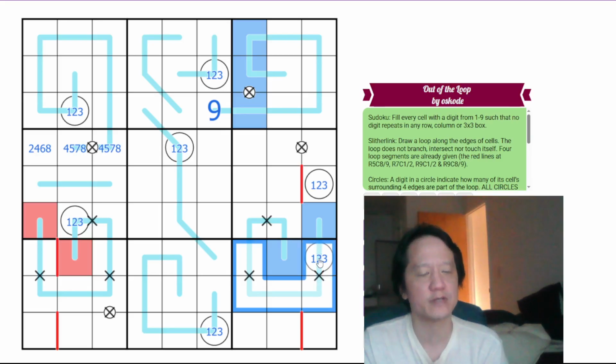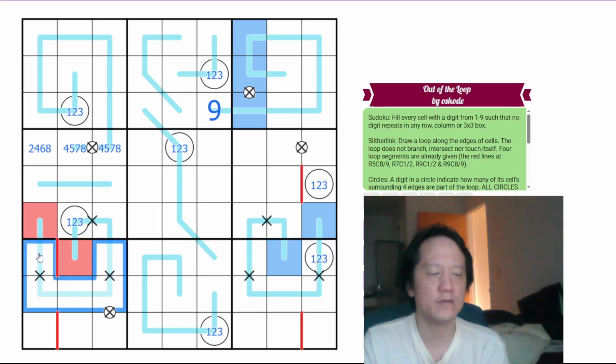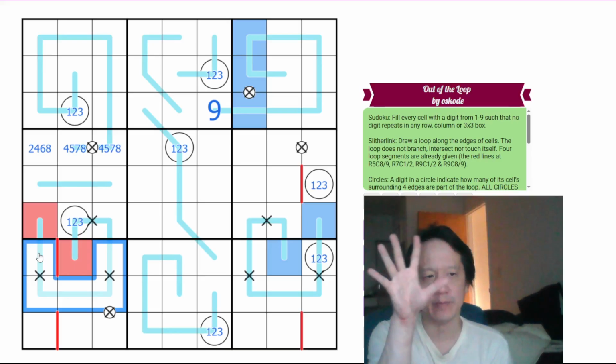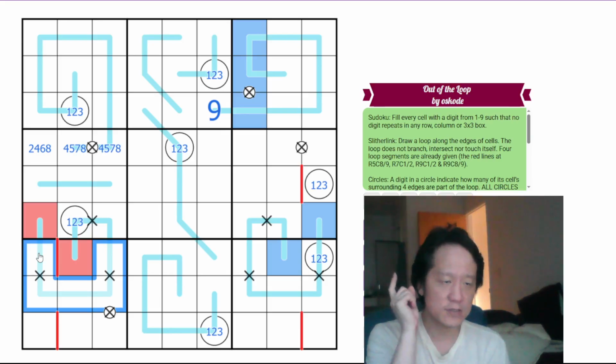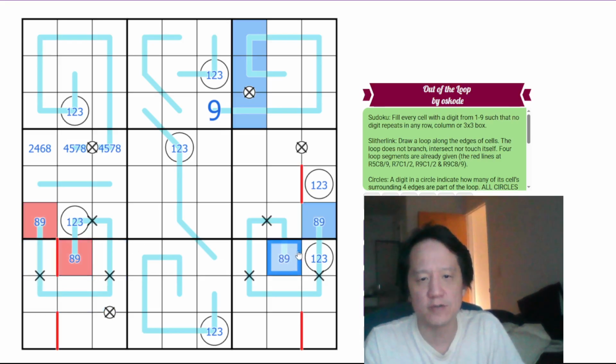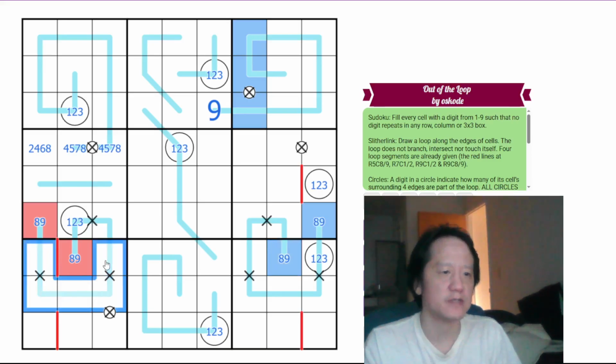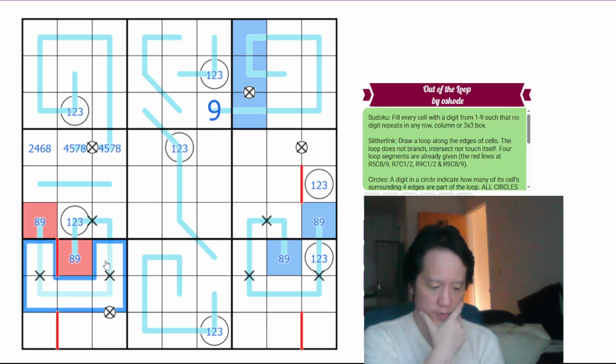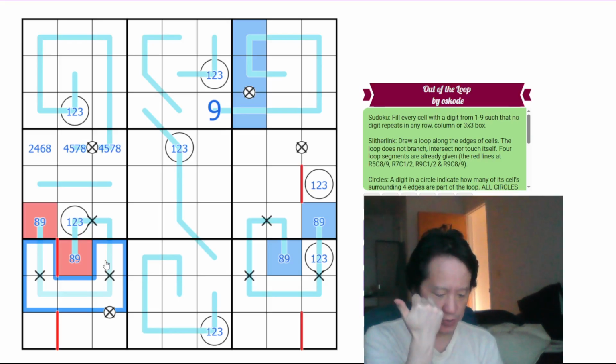Well, 5 unique digits at minimum add up to 15. 15 is greater than every digit doubled except for 8 or 9. So these have to be an 8-9 pair. One of these is 8, one of these is 9. And these must be the sum of, if it's 8, 1, 2, 3, 4, and 6. If it's 9,